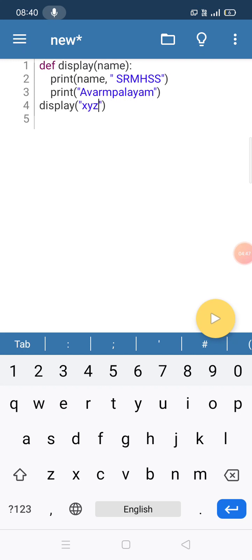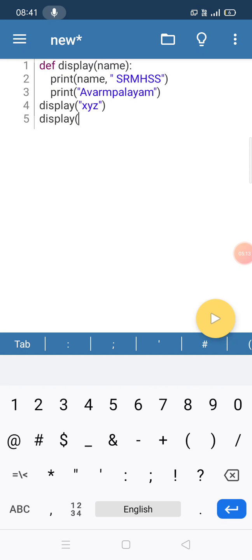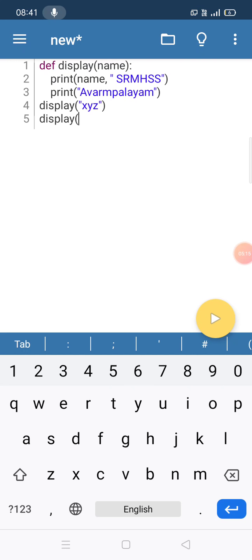Actually what I want to display with the XYZ, and then the name of the school as well as the city. So here display is the name of the function. I am calling that particular function by naming the function name.